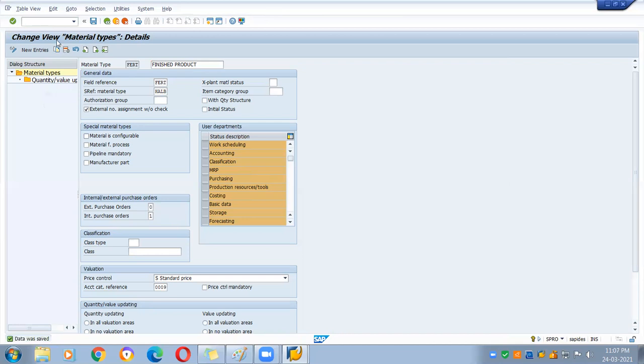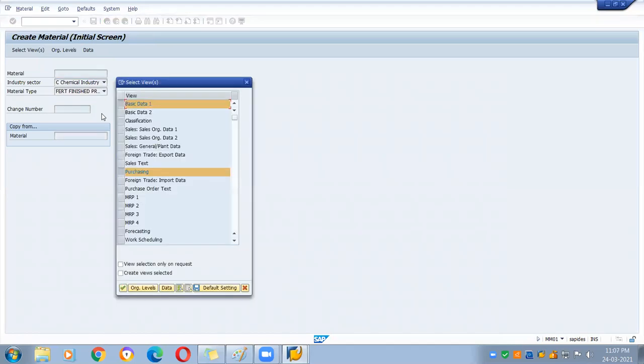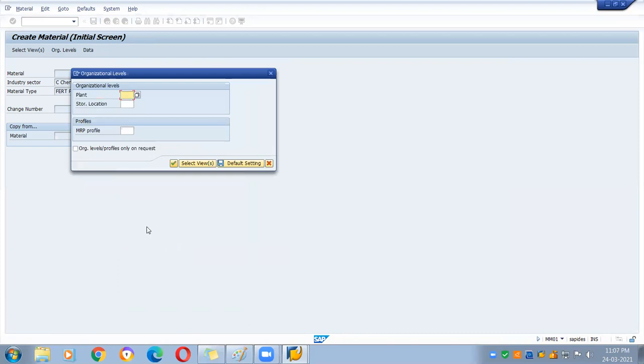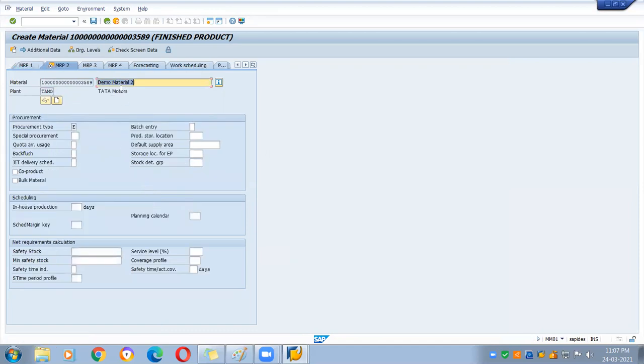Now I am going to create the material again for the same combination. I'm choosing this MRP2, which I am right now interested in. You can put the mandatory fields and then MRP2.